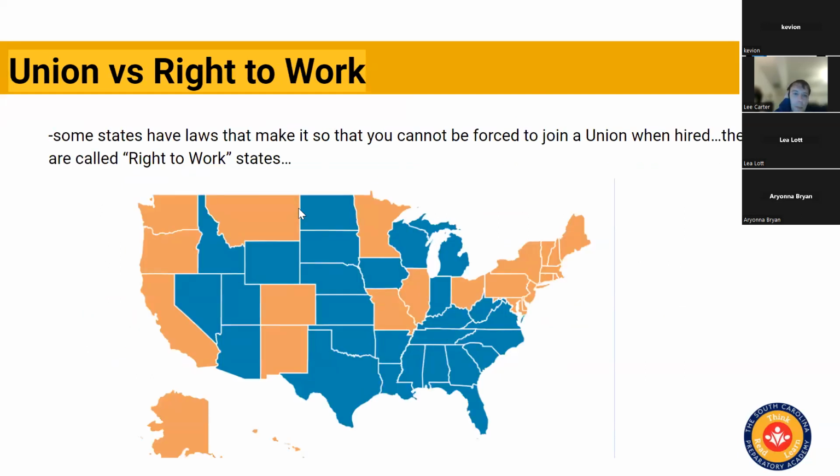All right. Now, what I wanted to point out to you here is that there are states where unions have more power, and then there are states that are called right to work states. Okay. So the orange states on this map are the union states. The blue ones are the right to work states. And those are laws that make it where you cannot be forced to join a union when you're hired. So we are in South Carolina a right to work state. That does not mean that you can't have unions. It just means that they can't have the same sort of power to force people to join them, which effectively means that the labor unions are not very powerful if they're there at all. Right?